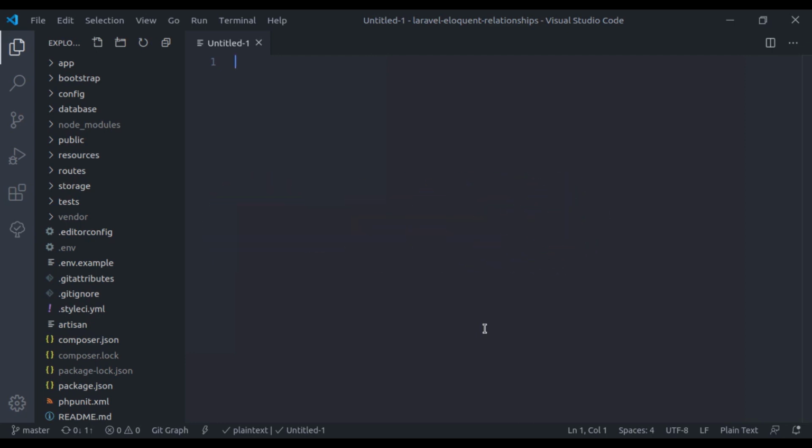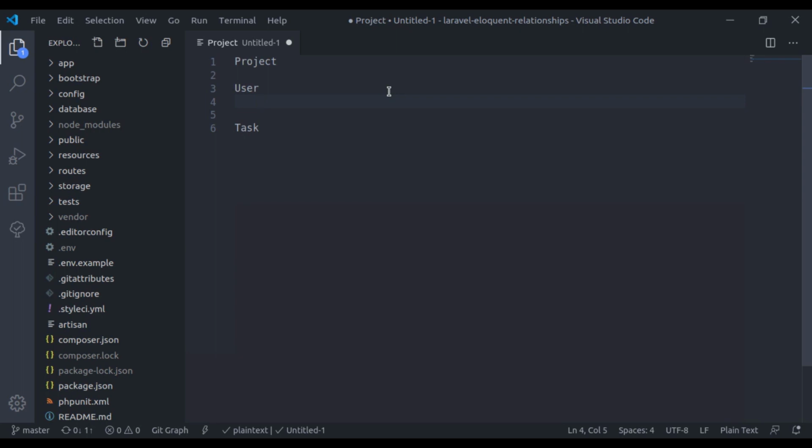Now let's see an example of the has many through relationship. For that, let's say we have a model Project and we have a User. This user belongs to a project, and we have a Task model and this task model belongs to a user. In other words, we can say this project has many users and this user has many tasks.